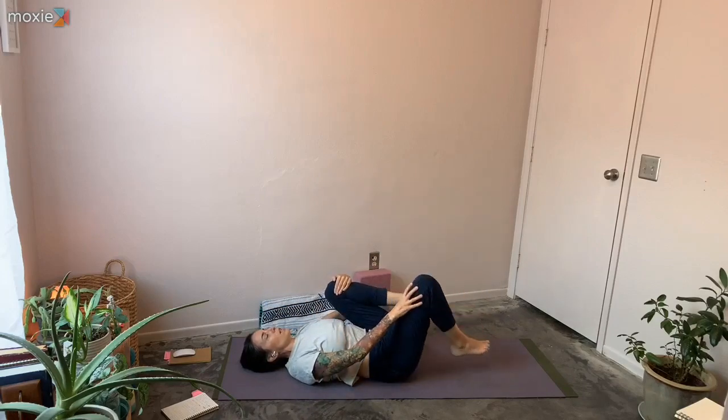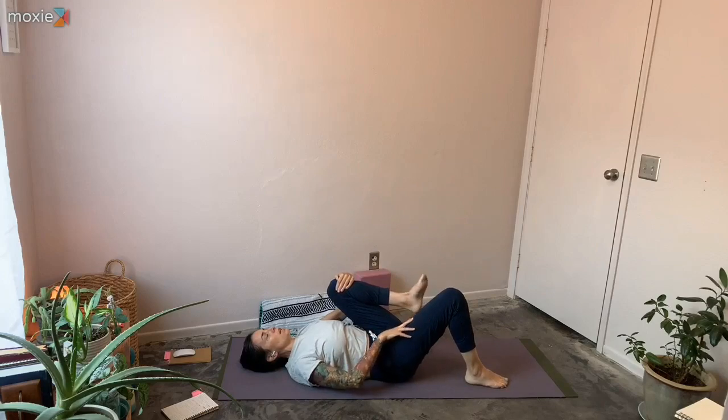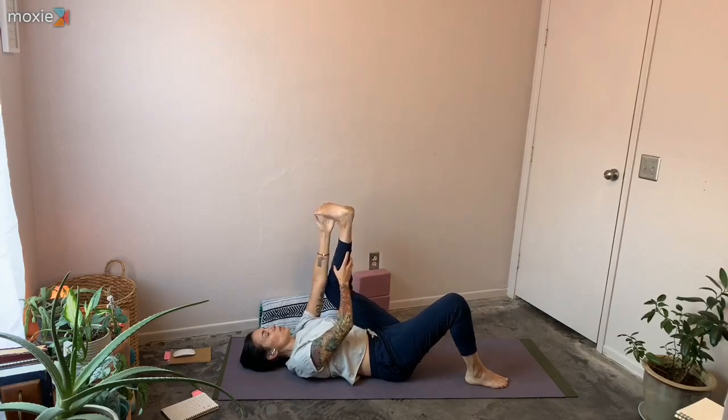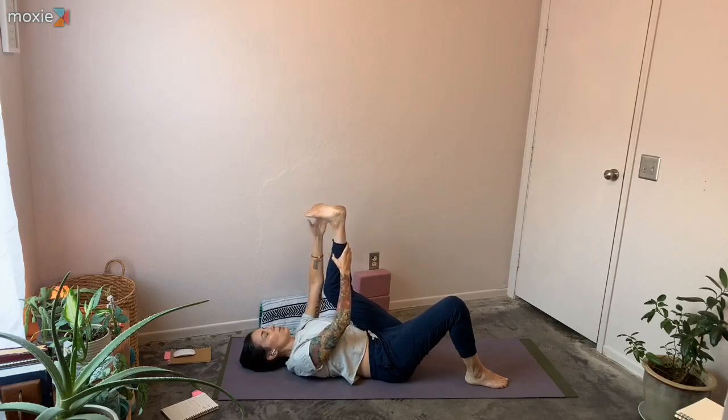You can let that right foot go. You can extend or sole the foot towards the mat. Draw that left knee out to the outer edge of your rib cage, bringing that left sole of the foot up. Wherever you're taking hold here, even if it's just below the ankle or the calf, you can still create